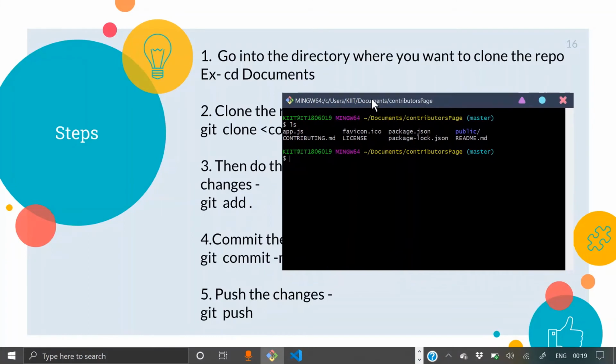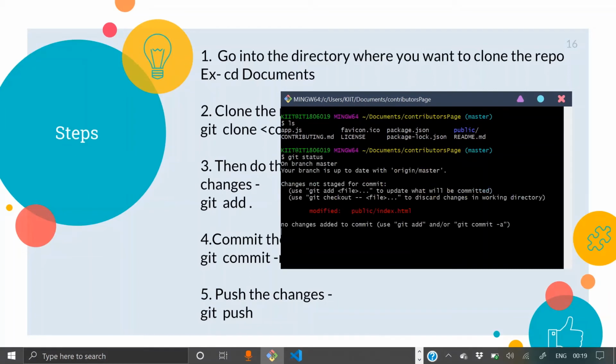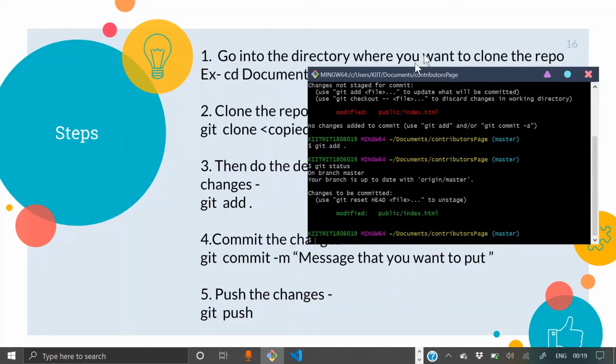What you need to do, git add, but before that let's check git status. This will basically tell you the status. See here you can see modified public/index.html. What you need to do is git add space and dot. Space dot means to add every modification that you have done. If you want to add some particular file, you can put git add space then the file name. Since I am adding all the modifications that I have done, git add space then dot, enter. Now check git status. See here, it's in green, like you have added it.